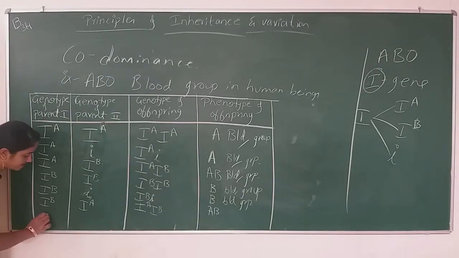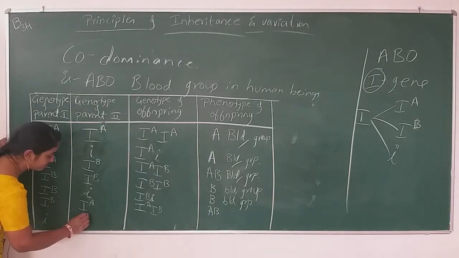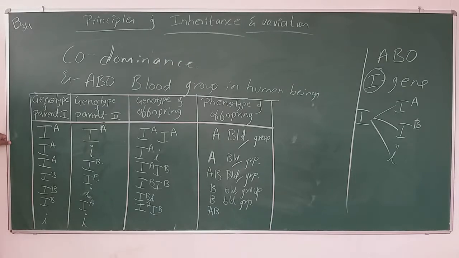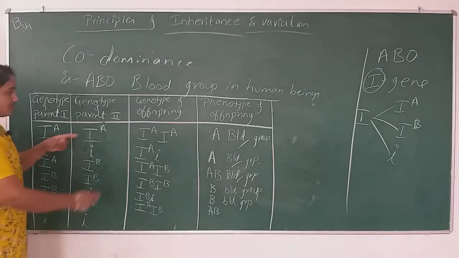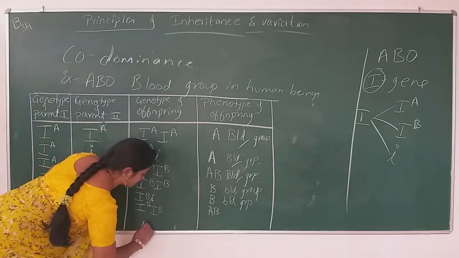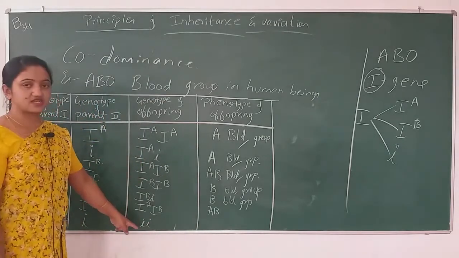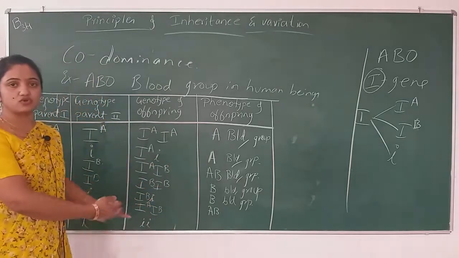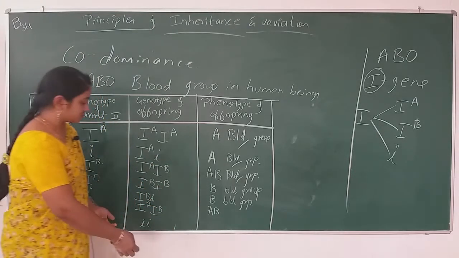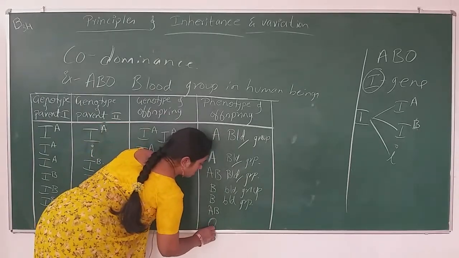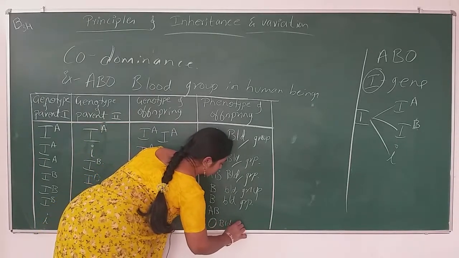If a man has the recessive gene known as i in his blood, it means on the RBC there are no sugar polymers present. If that type of man marries a woman in the same condition, who also has the recessive gene, in the offspring, what genotype can we write? Small i, small i. Homozygous recessive gene always expresses because there is no dominant gene to suppress it. So, it is known as O type of blood group.